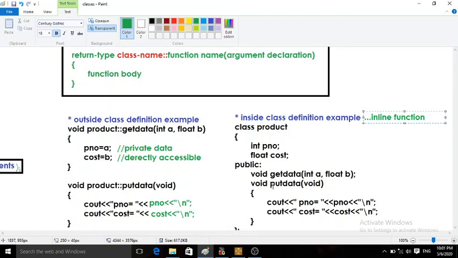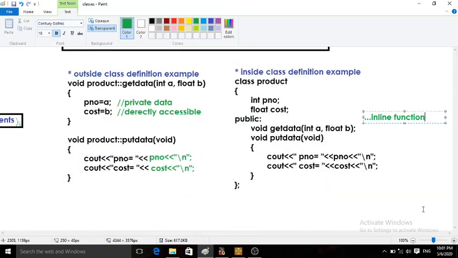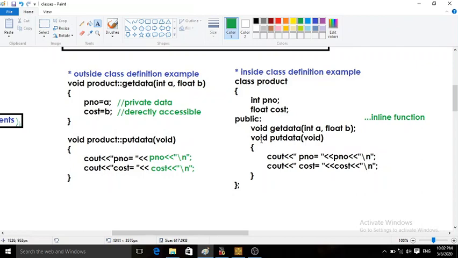So for the same example, product class, we are now going to define our putdata method within the class definition. The code is the same, only it is written within the class. So class product, int pno, float cost, these are private members by default. In the public section, void getdata int a, comma, float b.